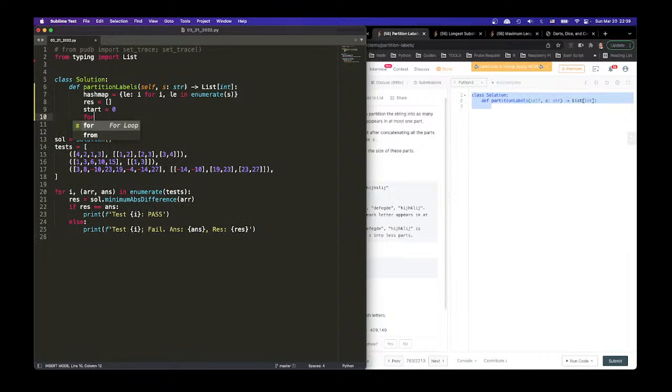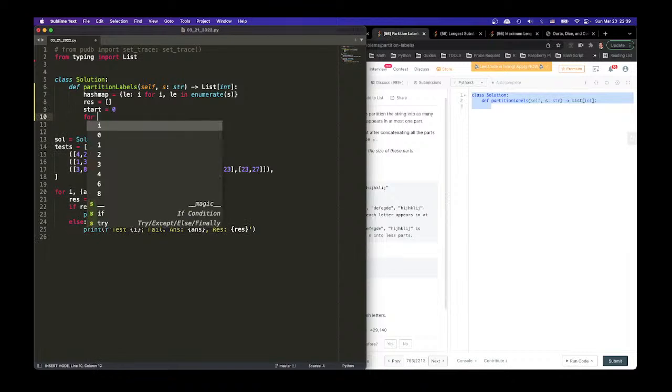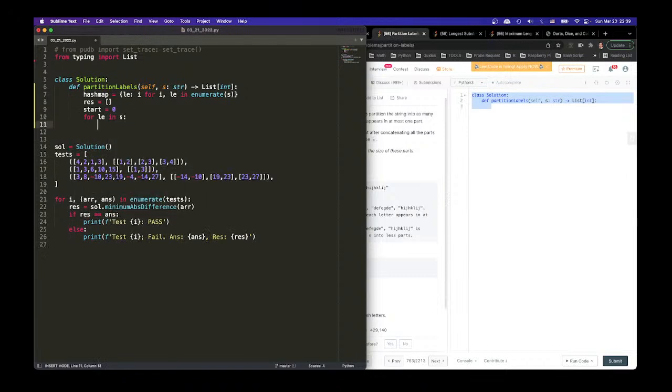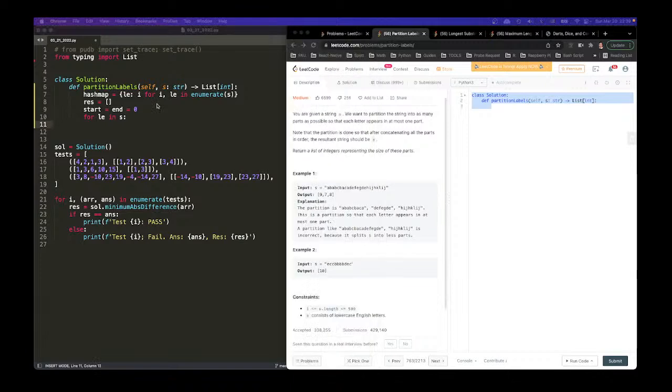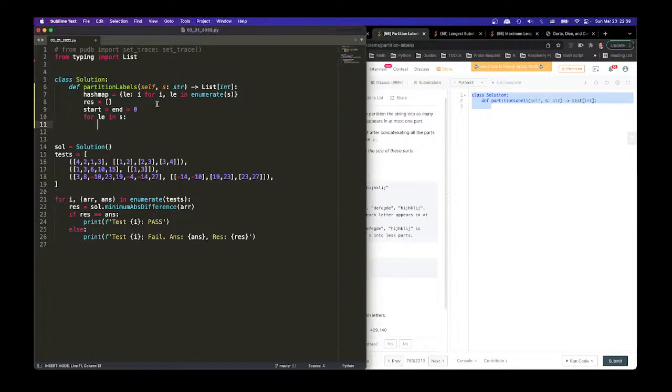And now we just say for letter in S, right? We'll go through it, everyone. And for each one, we'll look for start and end, right? So start equals end equals 0. And then for letter in S, right? So for letter in S,